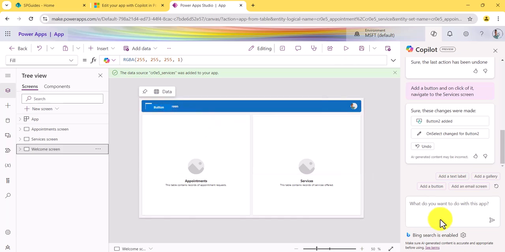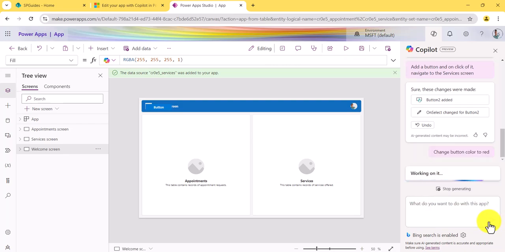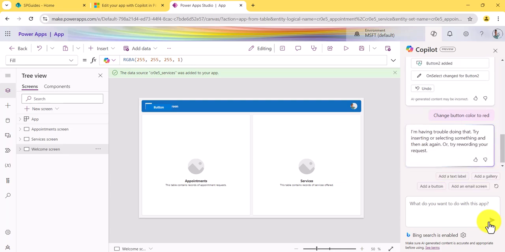You can change the button color. So let's say I'll say change button color to red. Let's see what it is doing. So now it should change the button color to red. Hopefully it will do. No, it's not changing the button color. Probably I have to tell this,